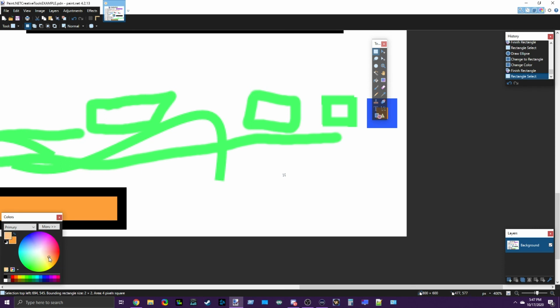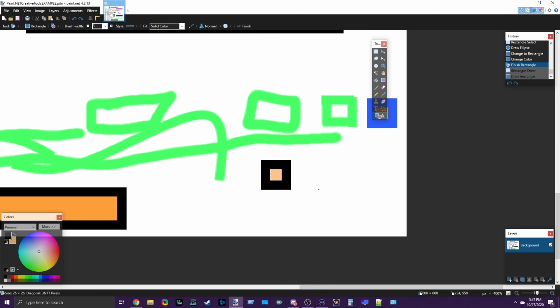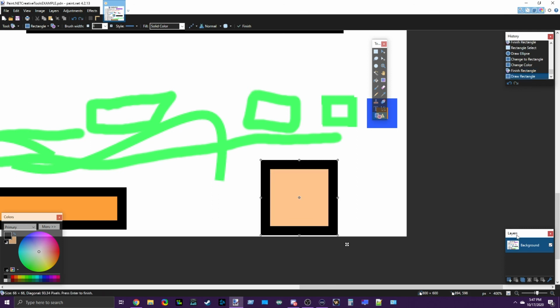I'm going to make a man. So with the rectangle tool, I can, oh, I still have a place selected. That's why I couldn't make that shape. Lesson from the last video. So I'm gonna make just a square head. We're just gonna draw a dude's face,